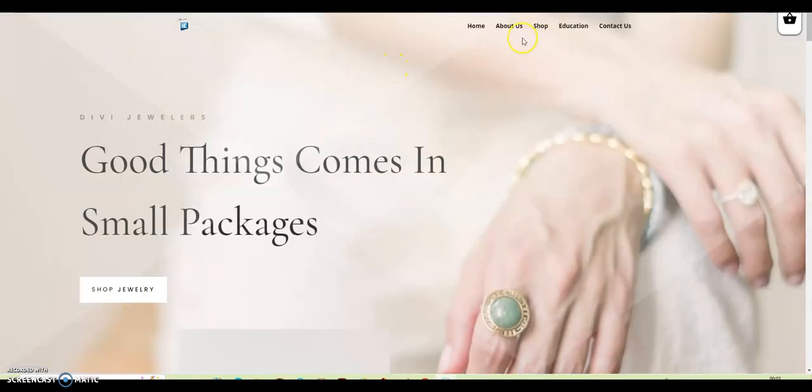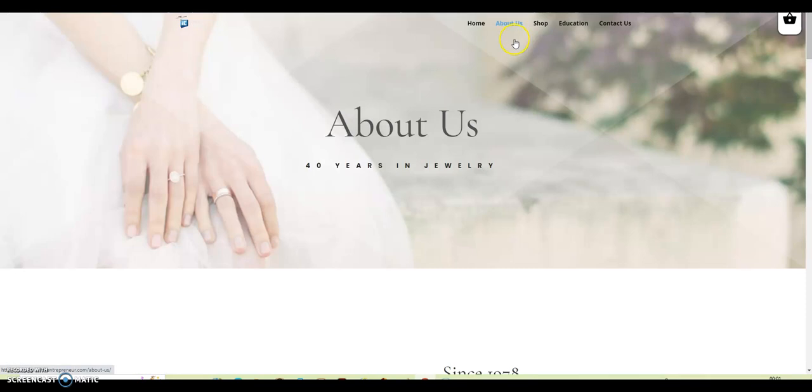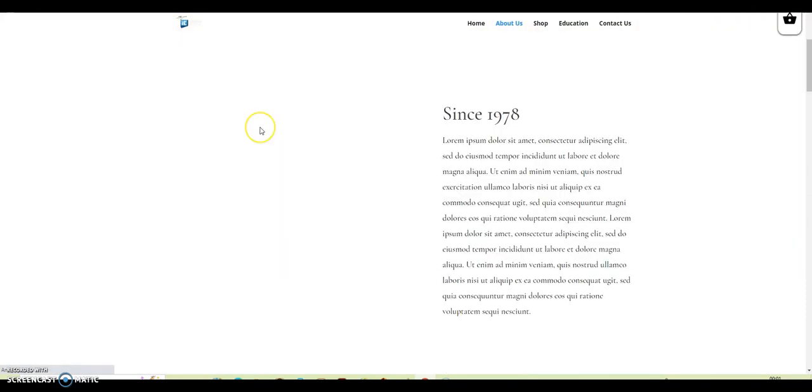Now about these other pages here, they are all already pre-made, so you just have to go to them and change the content there, and otherwise you have it all set up. You don't have to build anything from scratch or change everything on each and every one of these pages.